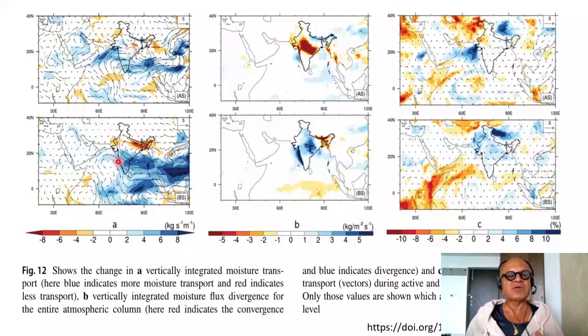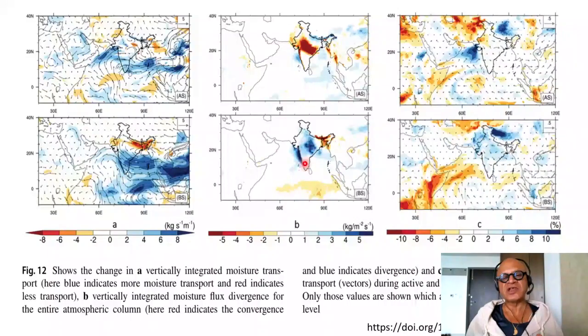And during the break period in the latter 2 decades, you expect a cyclonic circulation during the active period, which is anomalously not so obvious here, but you can see that in terms of moisture convergence from enhanced vertically integrated moisture transport here, whereas the break period, that is directed more into the Bay of Bengal and the Indo-Gangetic Plain, Himalayan foothills, northeast show much reduced vertically integrated moisture transport,